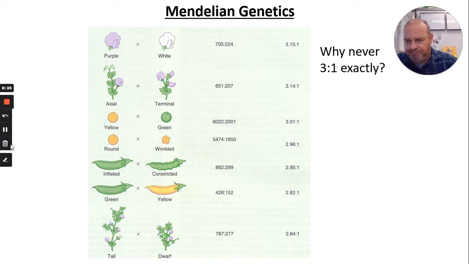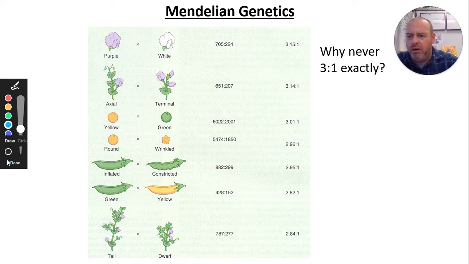So here's a lot of different things. Here's the color. Axial or terminal is where the flowers are, right? So this one, they come out the side. This one, they're at the very end. That's the terminal end. Yellow versus green pods, round versus wrinkled pods, inflated or constricted, green, yellow, tall and dwarf, like all these different things. And here's all your